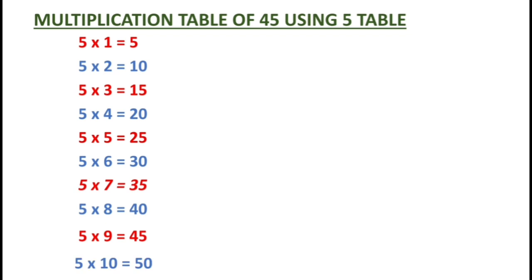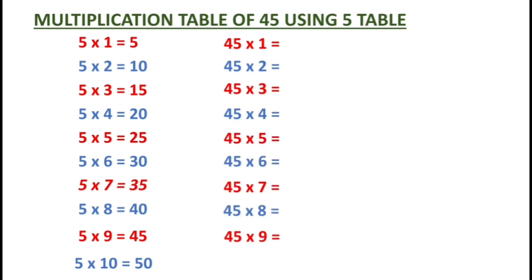So let us write the 45 table. Now the table we are writing is 45. Let us write the ones place of the 5 table: 5 0 5 0 5 0. We get 5 0 like this. Now we are writing the 45 table. Here the addition is with 4. The tens place is 4. So here the addition is plus 4.